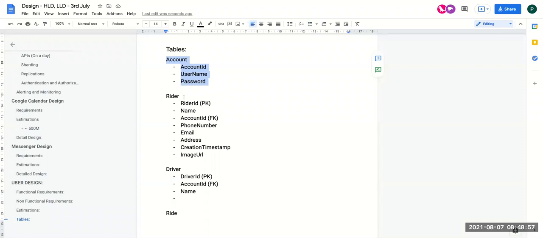I know that some of the fields are the same, but at the end of the day, these are tables. If you want to get the rider details, you can get them directly from here. Otherwise I have to go to the account table and then fetch the data, and you'll unnecessarily perform a join between these tables. The account table will be used only for the login purpose, and that's why I want to keep it separate. And this will be my one-way hash. Whatever you are saying is also correct, but you have to